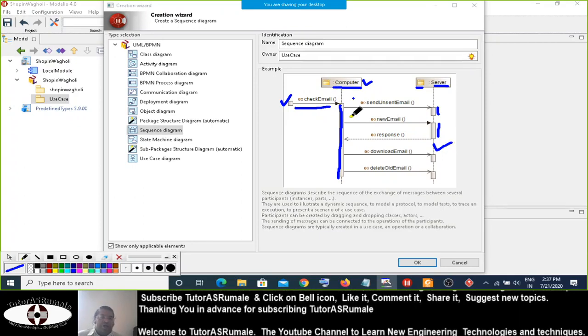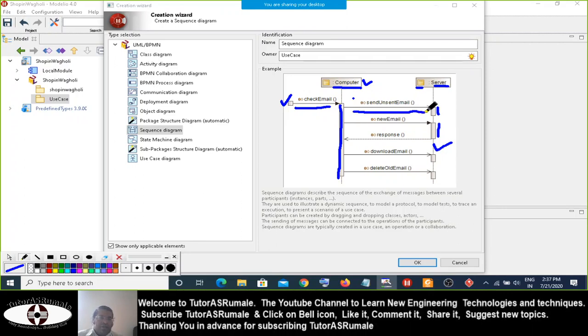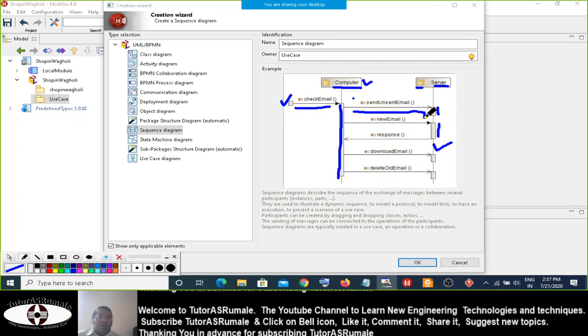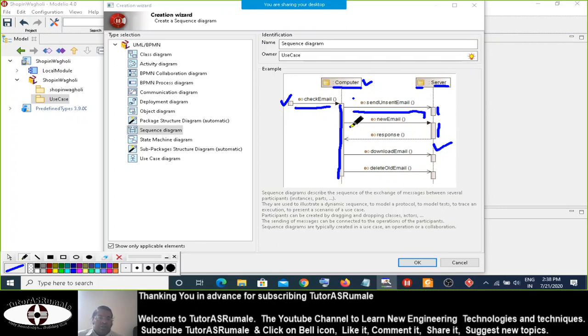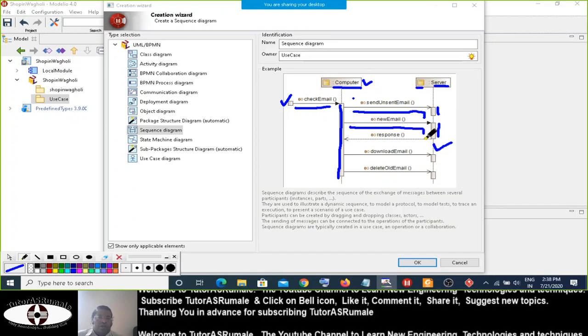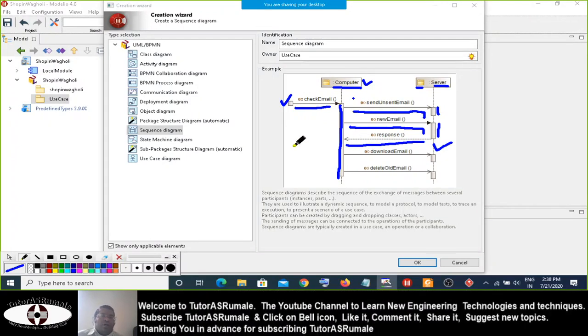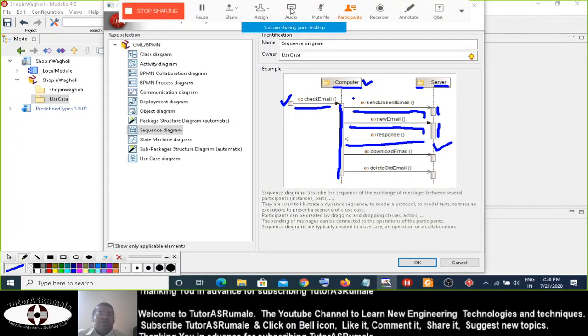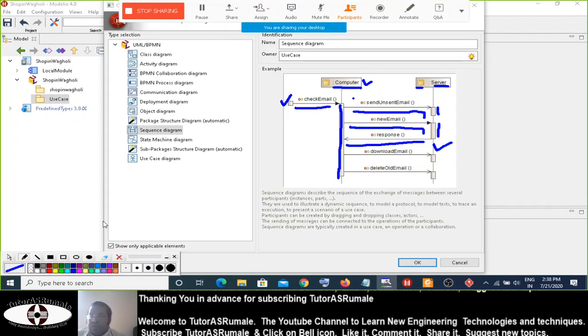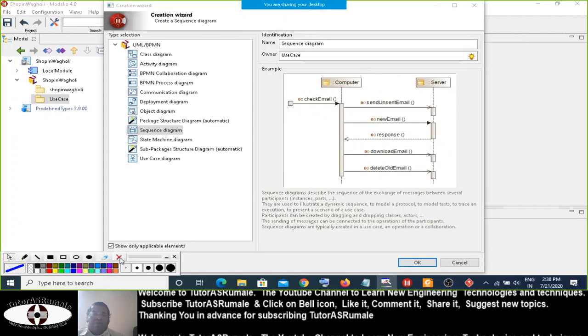Based on the input from the client, it processes it and goes on, and then it actually sends back the response to the client. So this is what we call a sequence diagram.